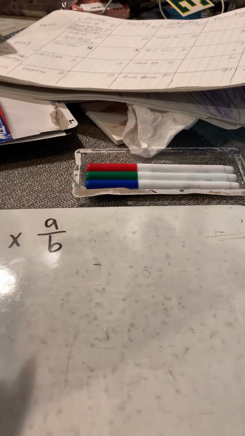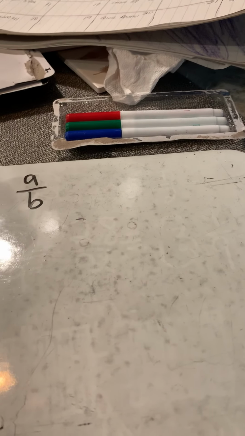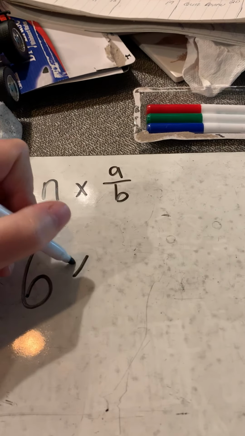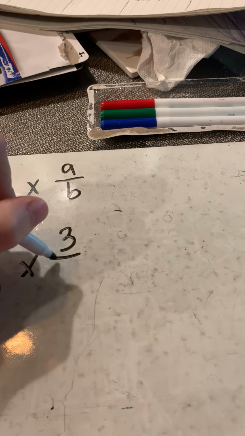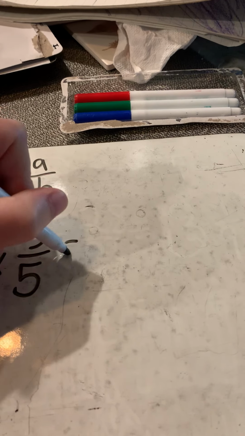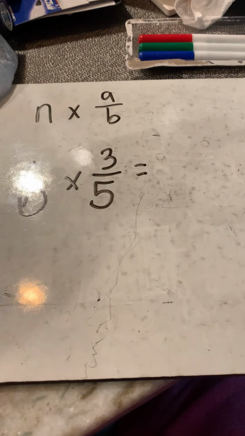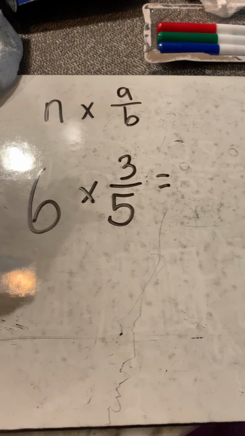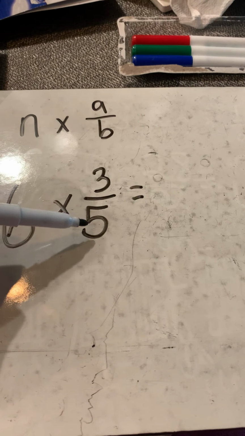All right, let's look at one more example, and then I'm going to end this video. Let's see what we have here, folks. Okay, let's do this one. This one's not going to take us as long, I don't think. So we have 6 times 3/5. I am not going to do it as repeated addition because we want to shy away from that type of thing. I mean, if the question asks you to show it as a repeated addition equation, you would do 3/5